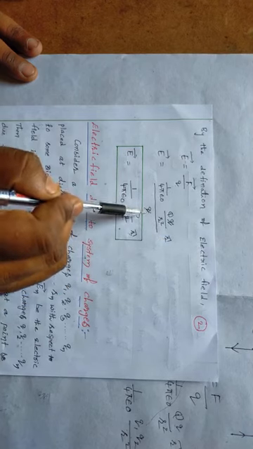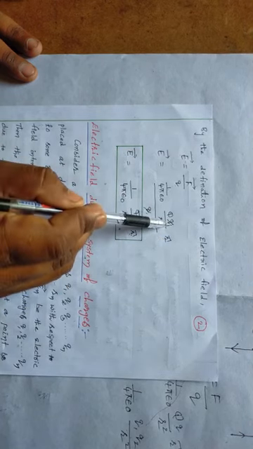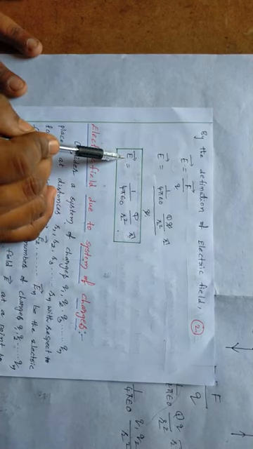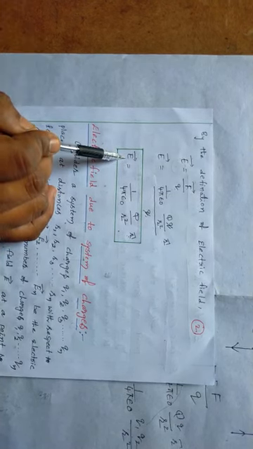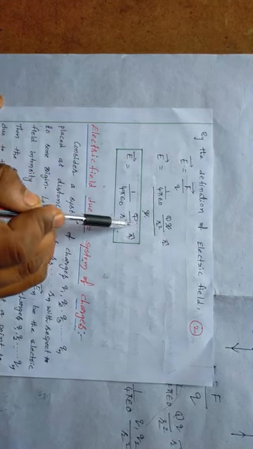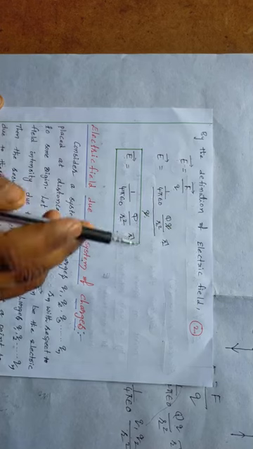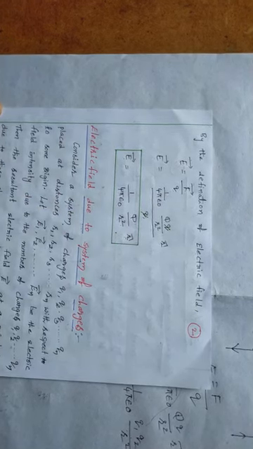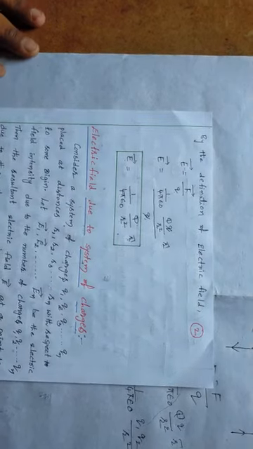Here whole divided by q is there, q as it is q. If the q gets cancelled, the expression for electric field due to a point charge, single charge, is 1 by 4 pi epsilon naught, capital Q divided by r square, into r cap. R cap is the unit vector of electric field. Right, now in this case we can take.